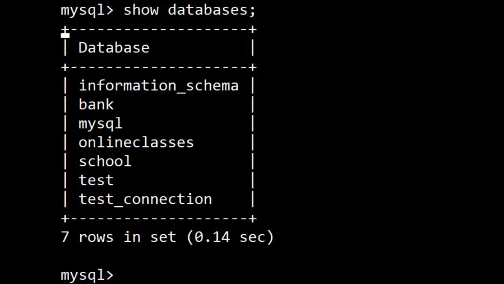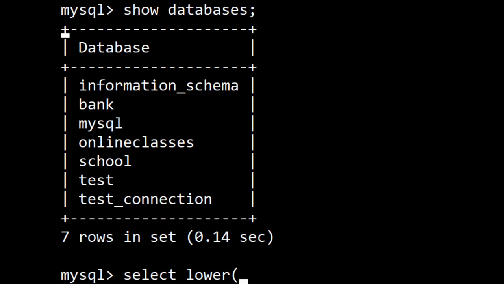I am coming to our MySQL prompt. Here I am writing the same function, select lower, and I am writing some word here because right now I am not going to show you any table. I don't have any table active at this moment.